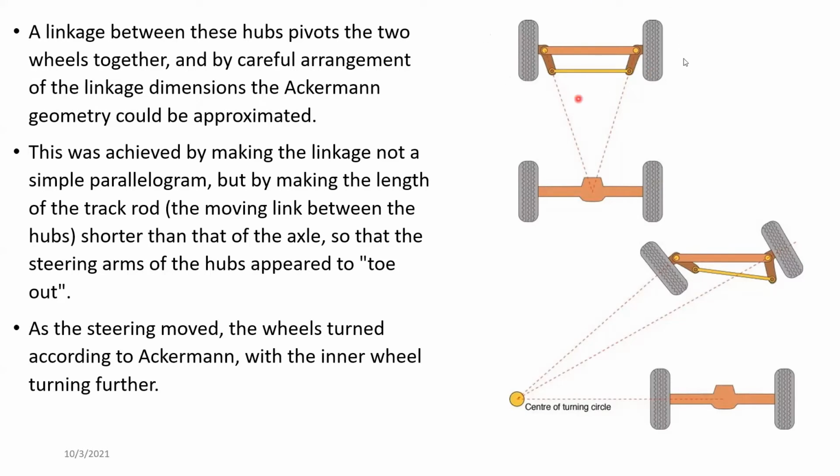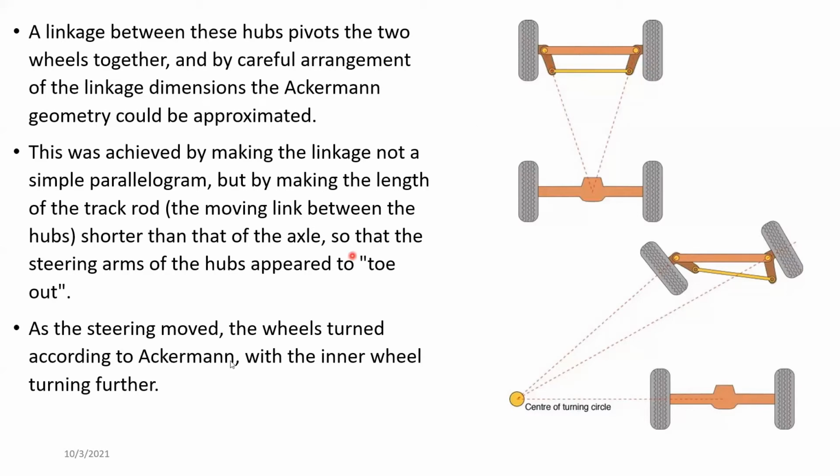So what Ackermann found out was, this point is the pivot point. This is your front axle. In the front axle, you have two pivot points, one for each wheel, dedicated to the left and right wheels. So if we link them in a way to create a parallelogram,